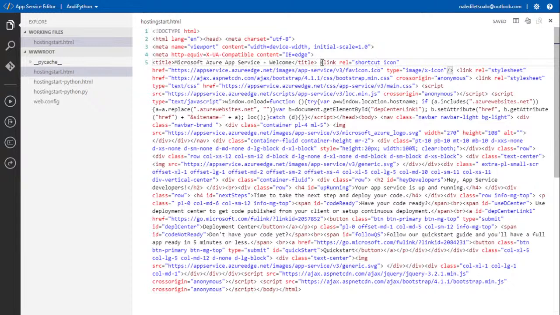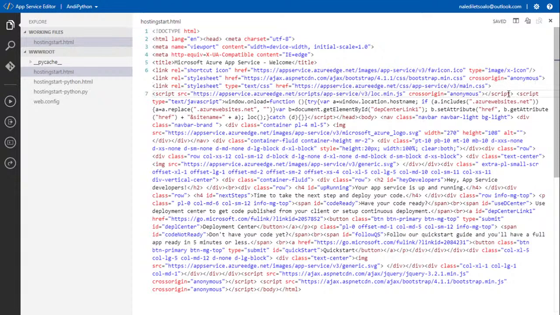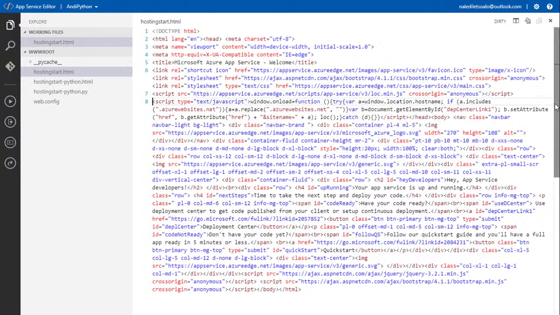And link, put that on a separate line so I know that's the link. Shortcut icon, all right, link, link, link. Great. Script, I want you on a separate line. And this script over here, I want you on a separate line. Starting to make sense, figure out where head is. Okay, that's the closing tag.